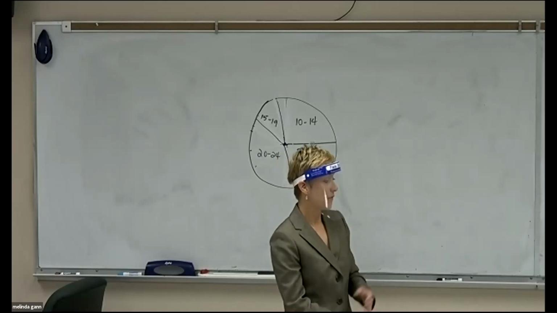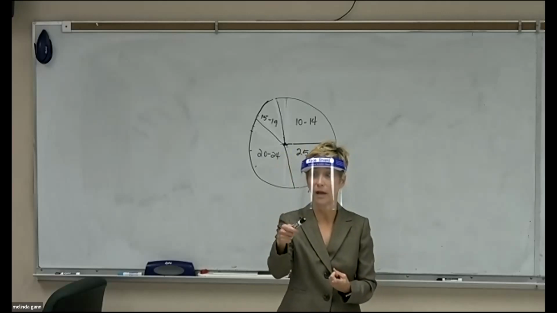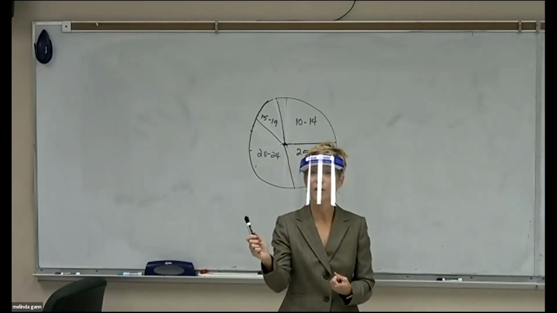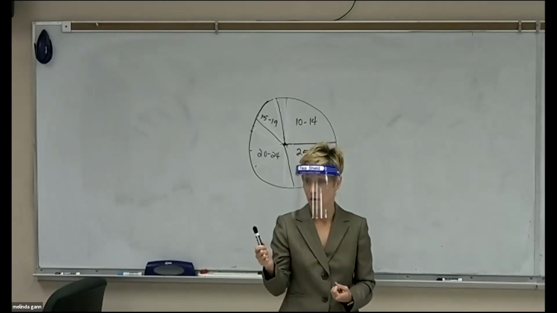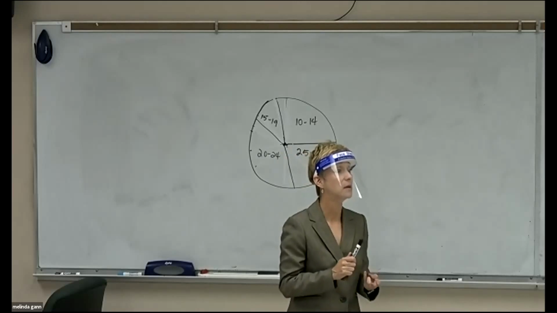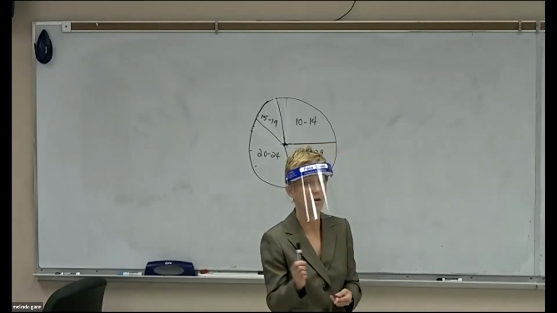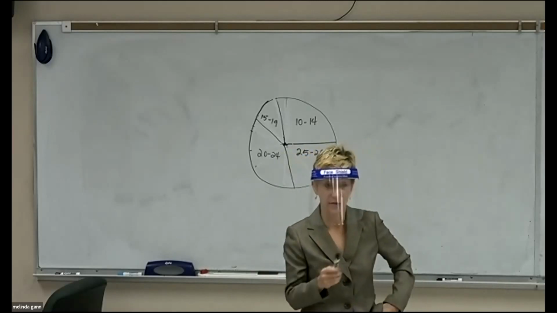Okay? So that's the 3 graphs you have to learn to do today. You have to learn a histogram. What 2 words pop in your head? Bar graph. What goes on the horizontal scale? You remember? Boundaries. You learned to make a frequency polygon. What 2 words pop in your head? Line graph. Okay, what goes on the horizontal scale there? The midpoints. Then you learn to make a circle graph.